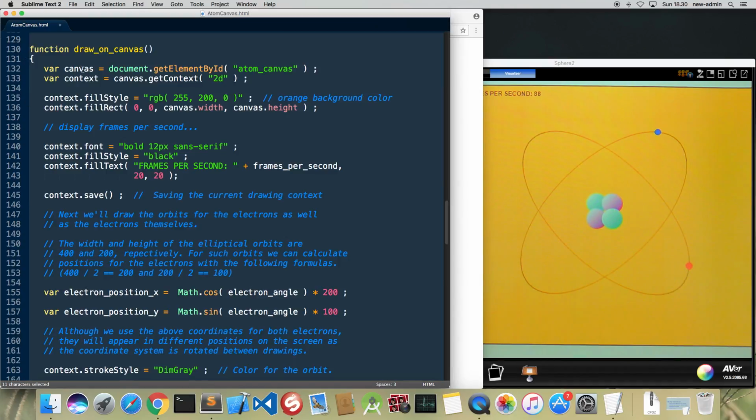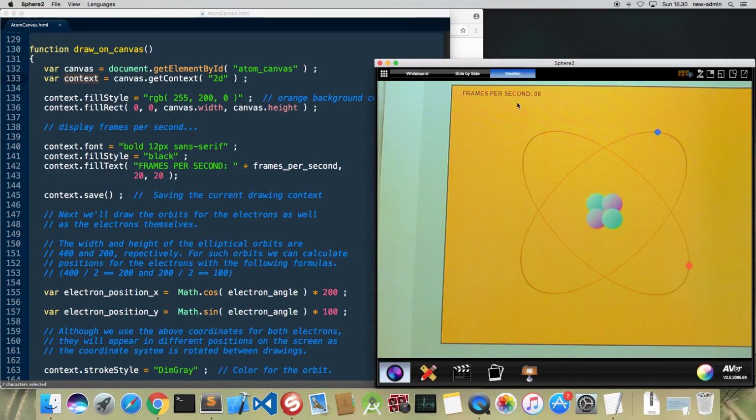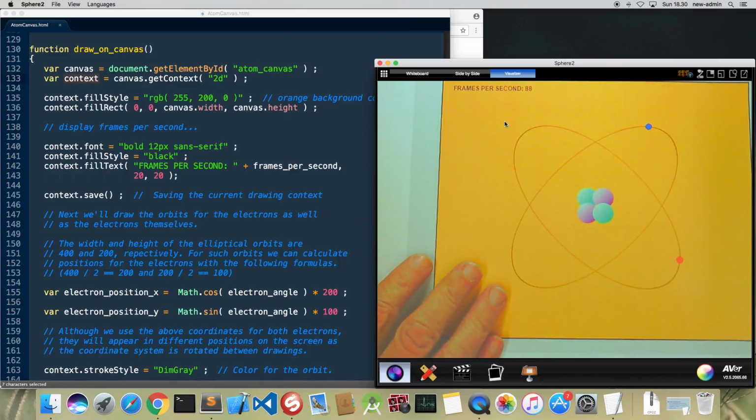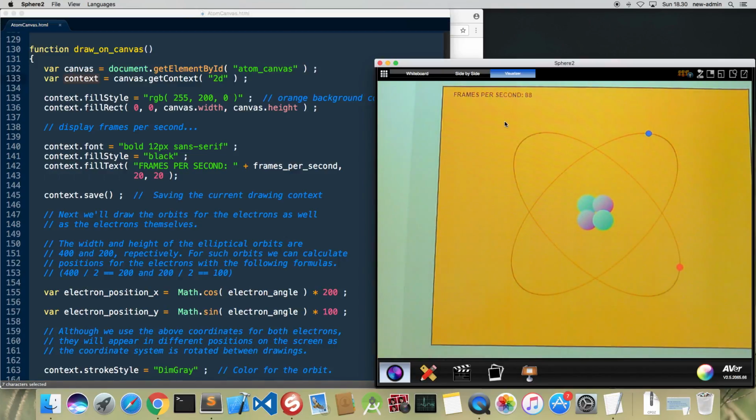We get the reference to the canvas element, and we get the context, and then we draw the background of the canvas. So the background is this orange background, a nuclear color,